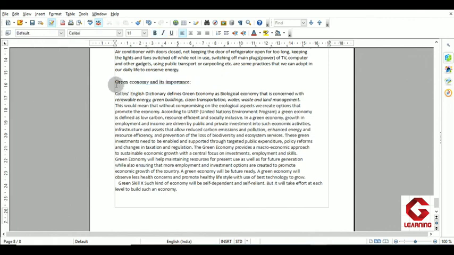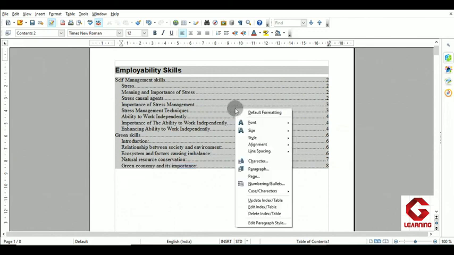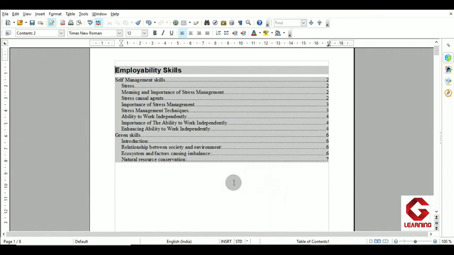So you can notice the change as per the style, and thereafter as I am moving back to the table of contents, you are able to see right now. One more thing here is that whenever you are doing some changes in your document, and if you want to show those changes in the table of contents also, you have to update your table of contents. Now how to update the table of contents? For that right click, and in the context menu just click on update index table. As I am clicking on update index table, you can notice that I am now not getting that topic here in the table of contents because I have applied another style on that text.